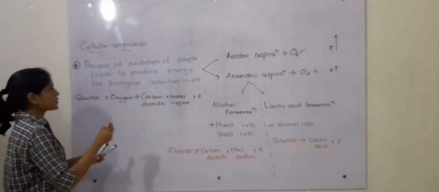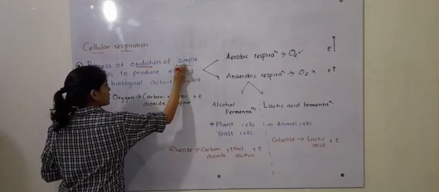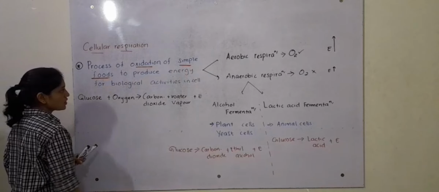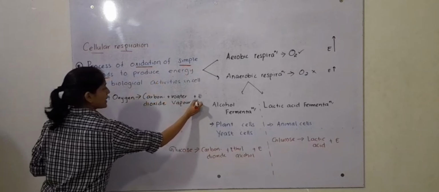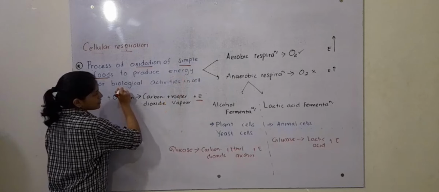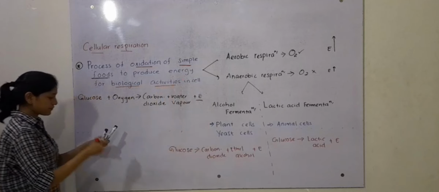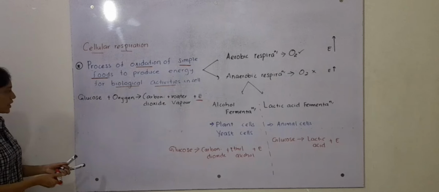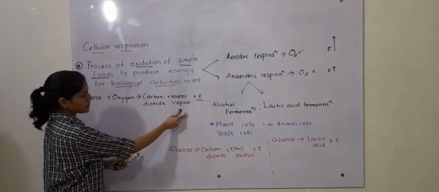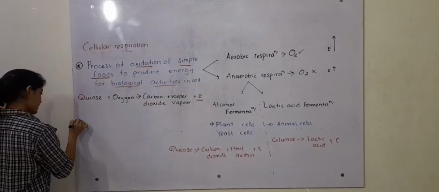Okay, here what happens, people? Oxidation of simple foods. Simple foods means, for example, this glucose is going to react with oxygen to produce energy. Energy is produced for biological activities in the cell. So here glucose is reacted with the oxygen, and it will release carbon dioxide, water vapor, and energy. We write it as